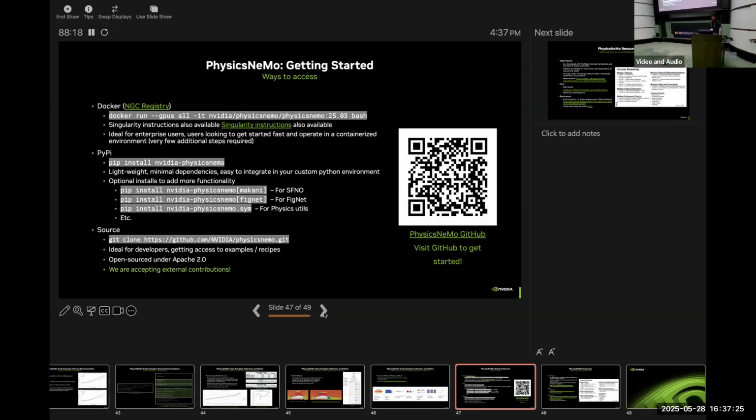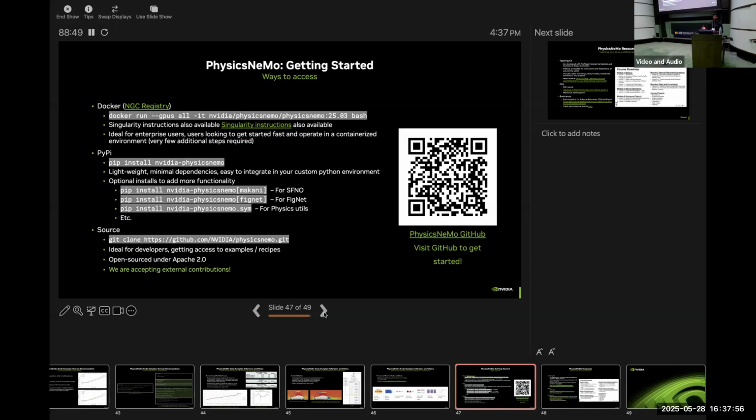Wrapping up PhysicsNeMo, how can one get started? In terms of using the software, we ship it in 3 different formats. One is a Docker container, very ideal for enterprise users who just want to get started quickly without much setup. We also offer Singularity support. A lot of university clusters do not allow Docker for security reasons, so you can use it through Singularity as well.